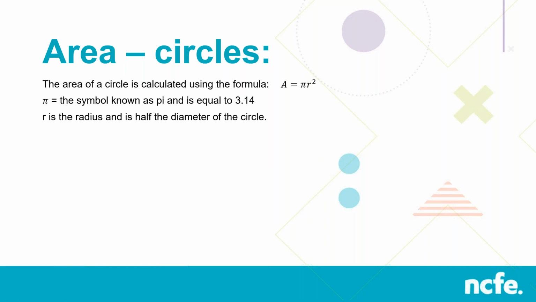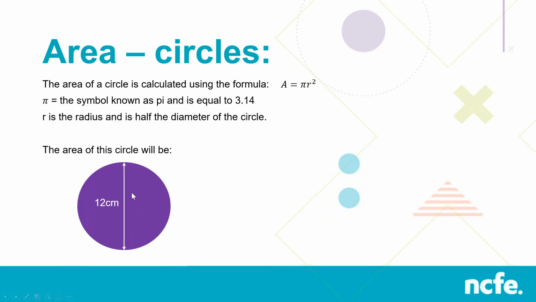The area of a circle is calculated using the formula area equals pi r squared. Pi is the symbol known as pi and is equal to 3.14. R is the radius and is half the diameter of the circle. So the area of this circle will be,